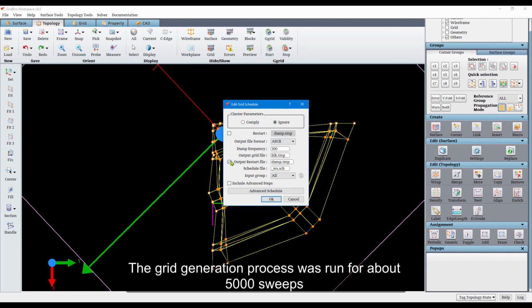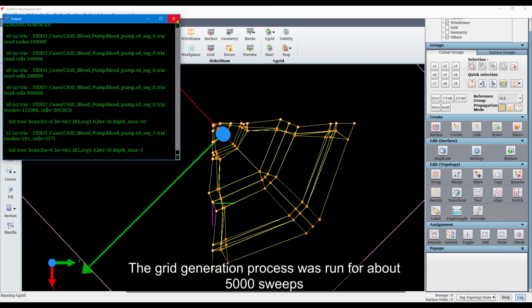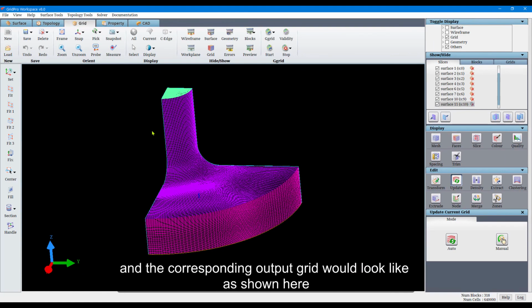The grid generation process was run for about 5000 sweeps, and the corresponding output grid would look like as shown here.